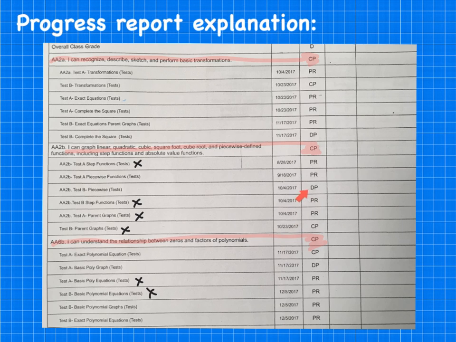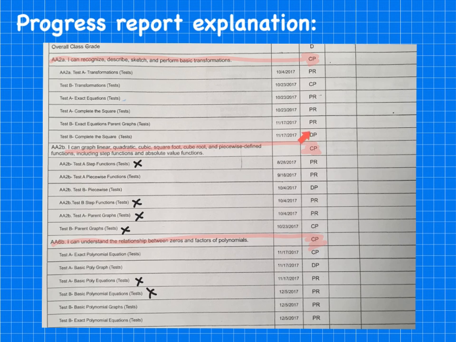So piecewise functions, they got developing proficiency on. That is what is hurting this overall grade and keeping this from being proficient. You need to figure out for yourself, based on where you made mistakes, what you need to retake